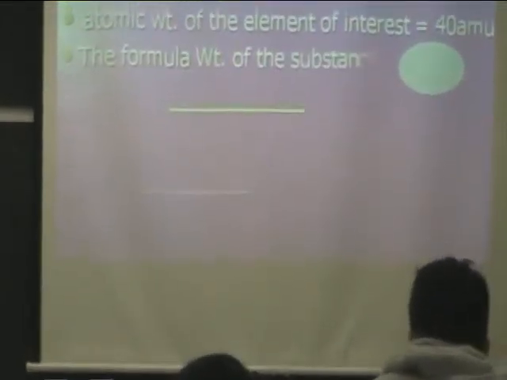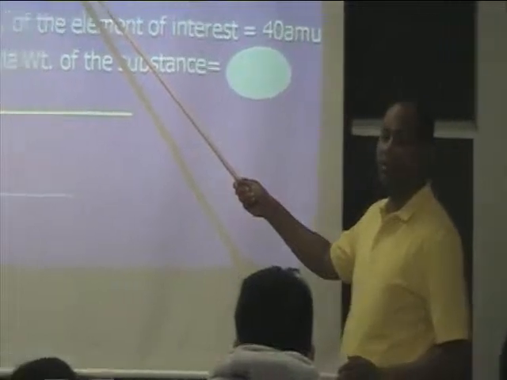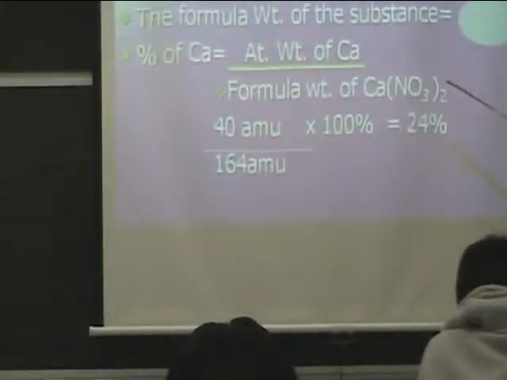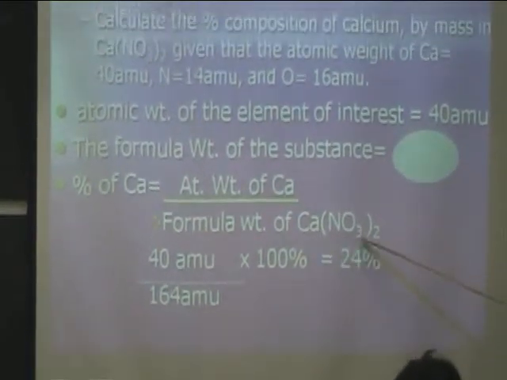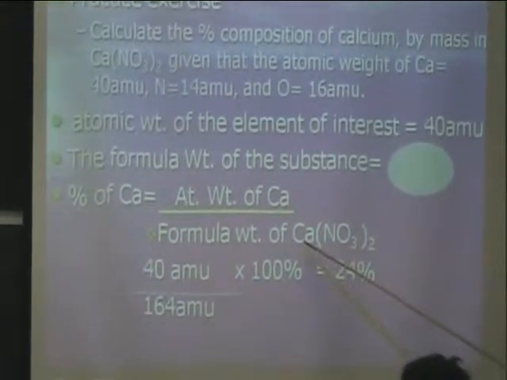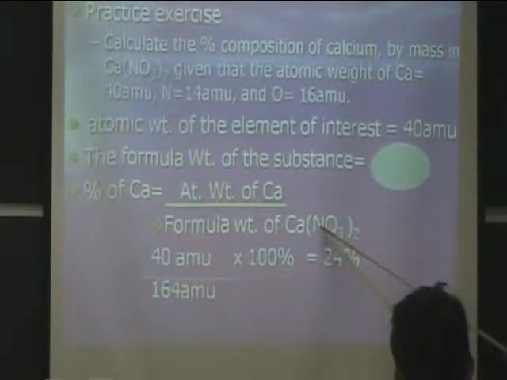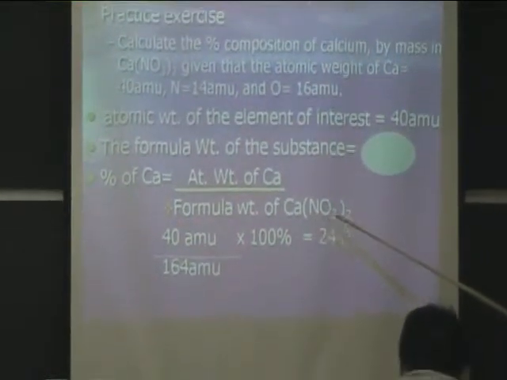For example, we want to calculate the percentage composition of calcium in calcium nitrate. How do we know that? The element of interest in this case is calcium, right? We know the weight of calcium is 40 from the periodic table. It is divided by the formula weight of calcium nitrate, which we can calculate by adding the individual atomic weights: the weight of calcium, the weight of nitrogen times 2, of course, because the 2 is for nitrogen, and the weight of oxygen times